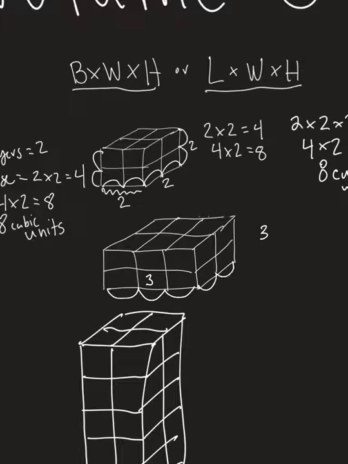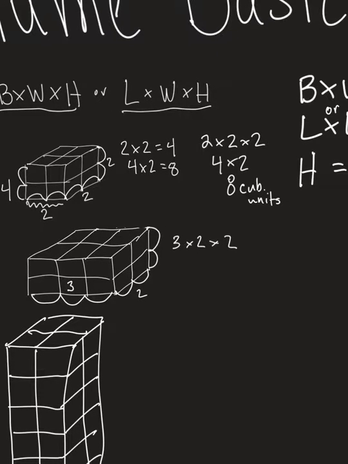1, 2. So 3 times 2. Okay, and then 1, 2. Now I have it set up like I did before when we're trying to solve that expression. It doesn't matter which one you multiply first. So just like we do expressions, or we do order of operations, 3 times 2 is 6, and 6 times 2 is 12